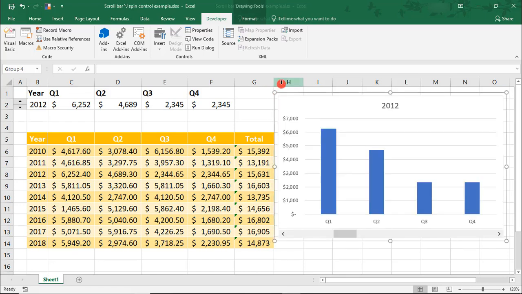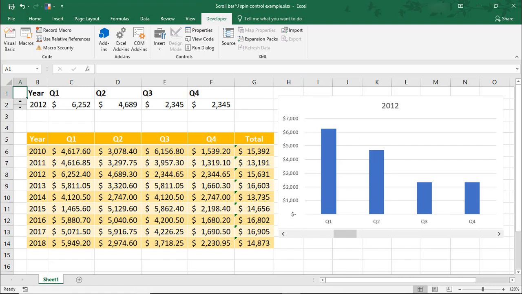I hope you enjoyed this tutorial on how to add a slider and a spin button to a chart in